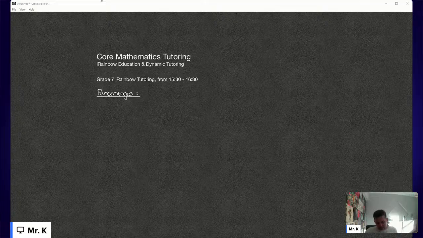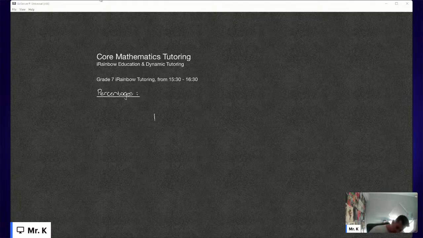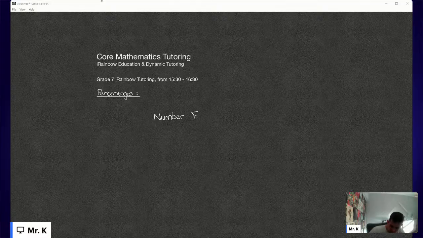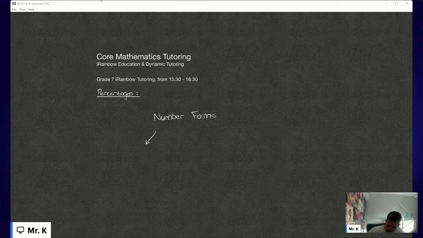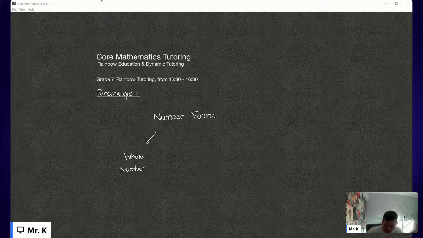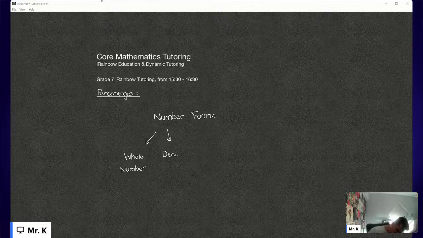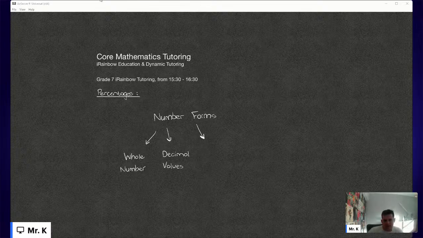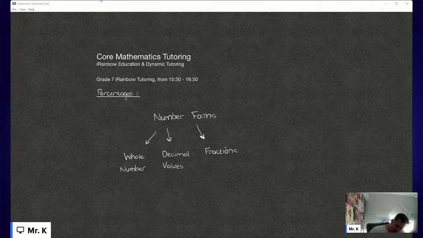Grade sevens, let's get going with today's work. So let's start right at the beginning. Let's quickly think about the 4 different major number forms, right? This is not necessarily something that you have to write down, but it is a bit of an introduction to today's lesson. So the first kind of number form that we've used extensively already in maths this year and in previous years would be whole numbers. We've then also paid close attention to the world of decimal values, right? And we will still check in with that topic again from time to time as the year progresses. But we also now know about the world of fractions. And these are 3 of the most important number forms that we work with, but there is a 4th. And this is a number form that we haven't had an opportunity to discuss in that much depth this year so far. And that is the